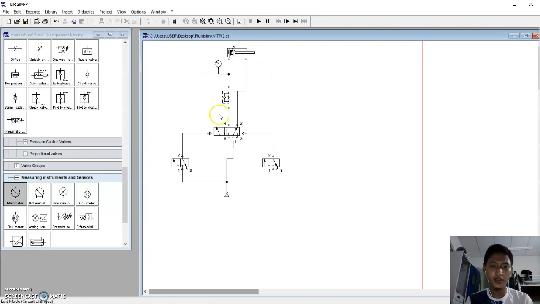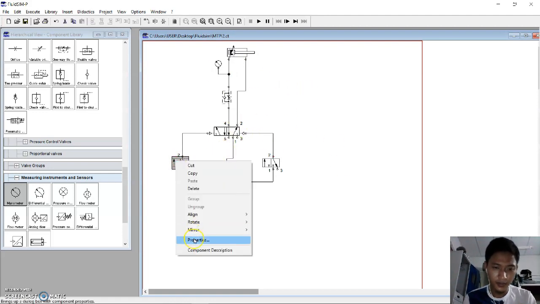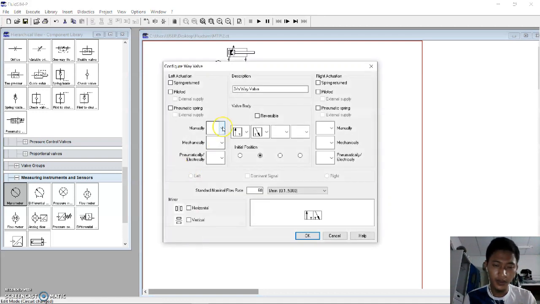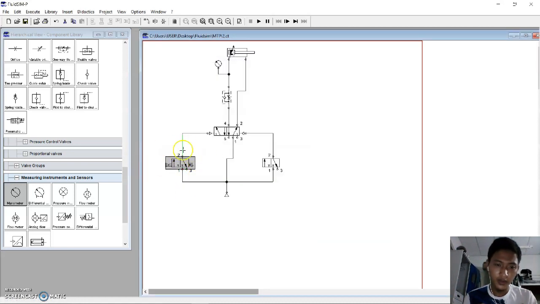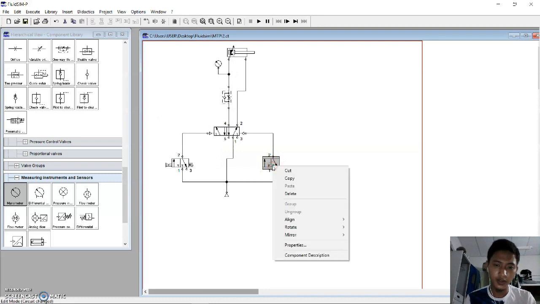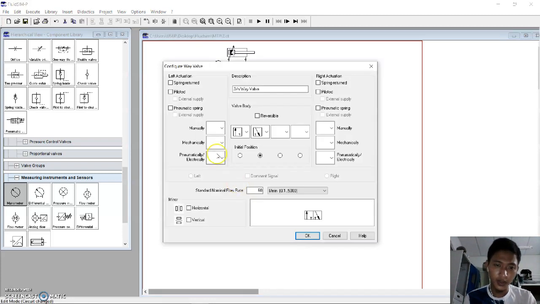So you can see the circuit is connected. We are not done with the circuit yet. We must put the button. We choose this button and spring return. You can see the model here. We see it here too. We do not use the same button; we use a different mechanical button. We use this one and spring return,